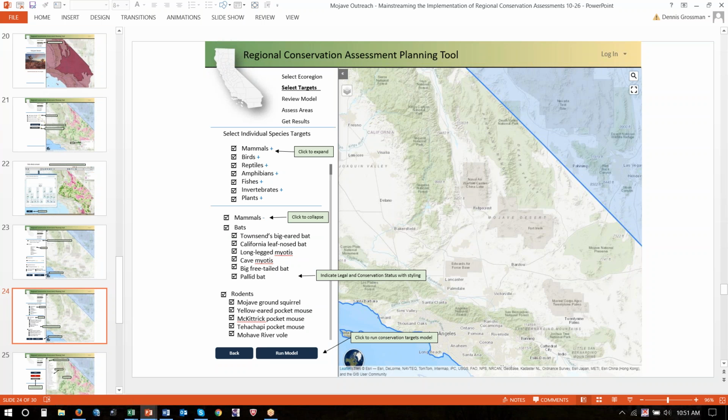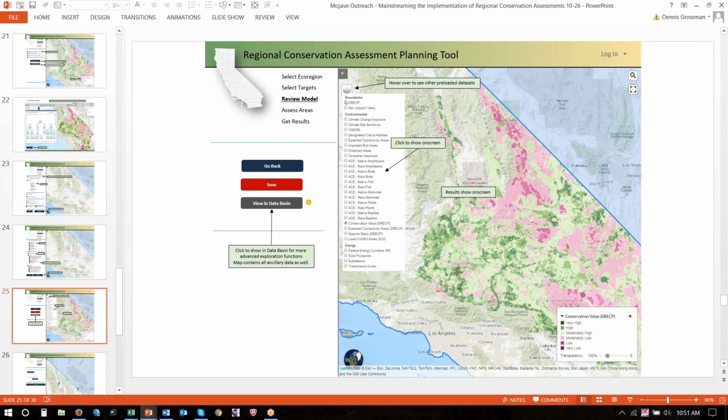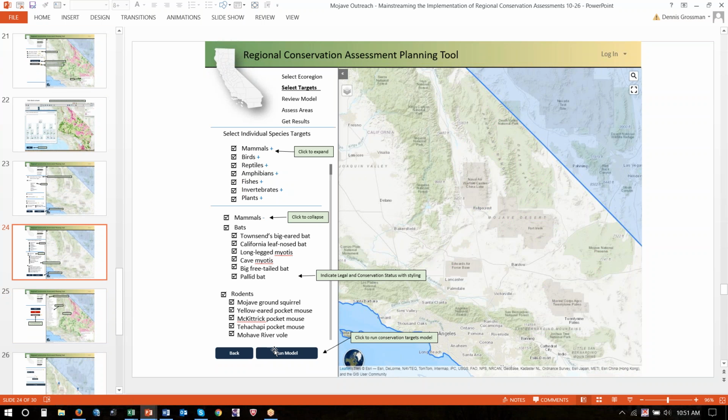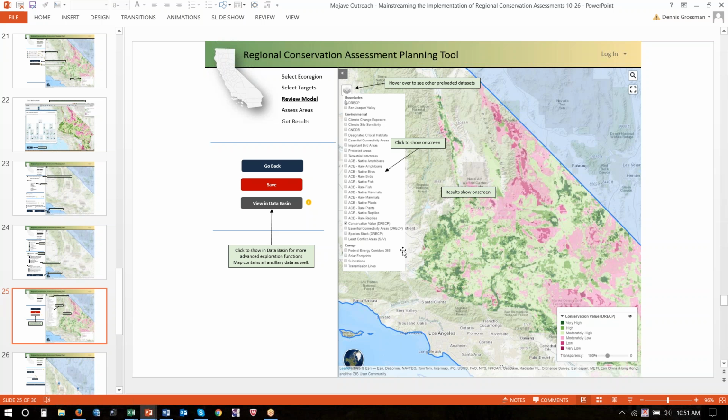So if the Wildlife Conservation Board has a bond that's directed to protect species A, B, and C within this particular habitat, they can turn everything else off and see the conservation values distributed across the landscape for those items. Then they can run the analysis. The EAMS model will run in the background and generate values just of those things they're interested in.